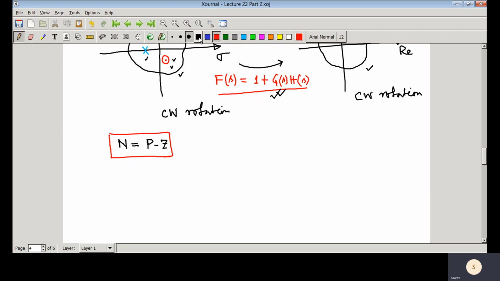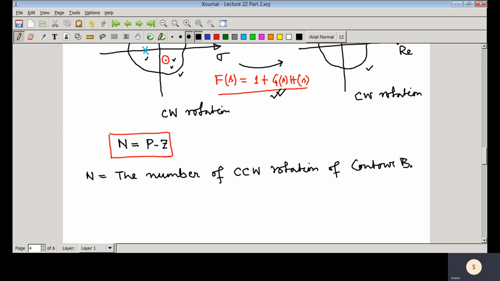This is very important. That is, N is the number of counterclockwise rotation of contour